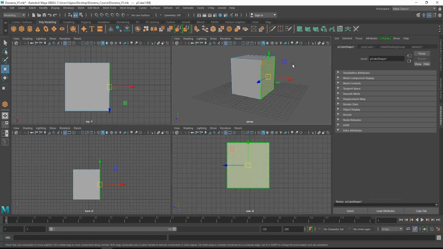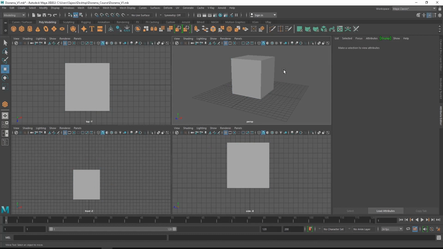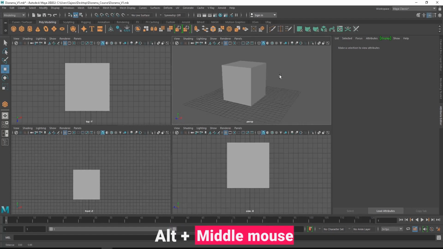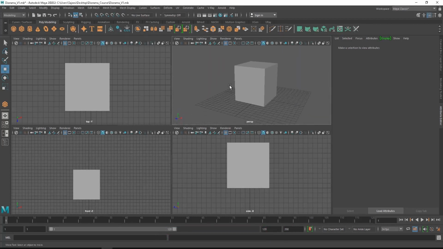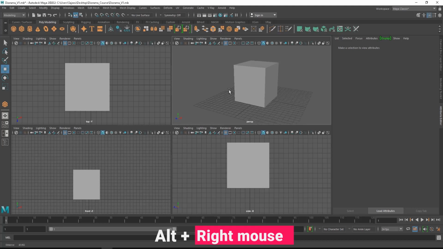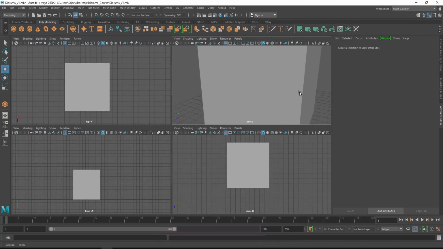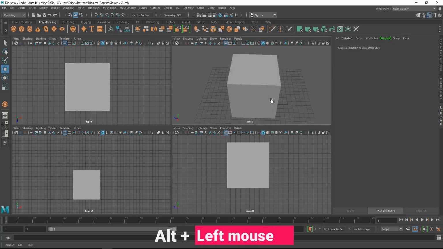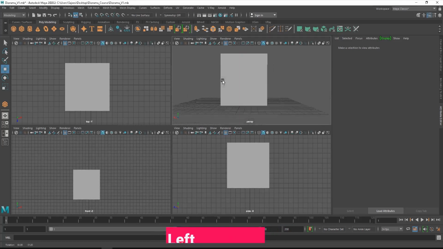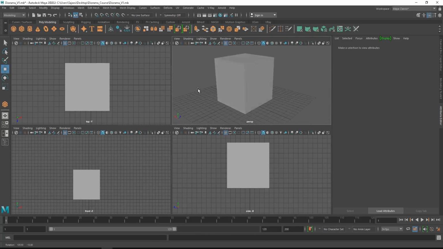To move around in Maya, you have to use some shortcuts. For panning in the viewport window, you can hold the alt key on the keyboard and use the middle mouse button to click and pan around the view. To zoom in and zoom out, you can hold the alt key and use the right mouse button. And to rotate, you can hold alt and